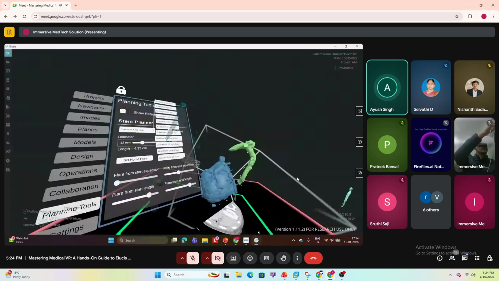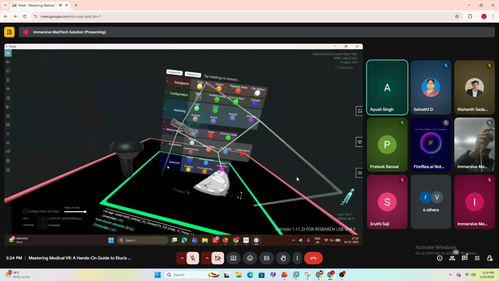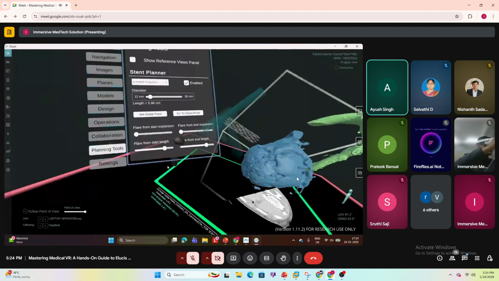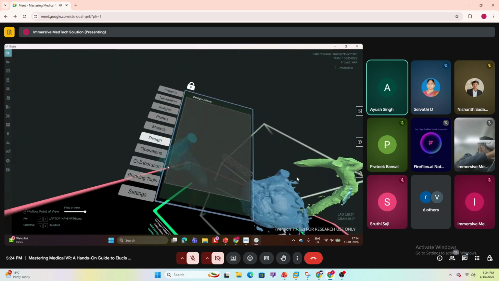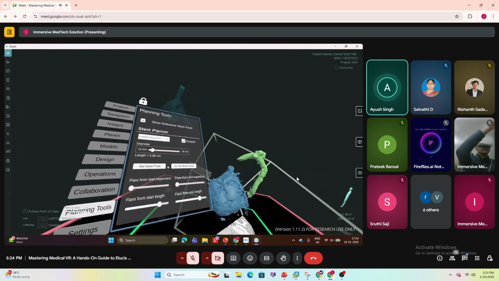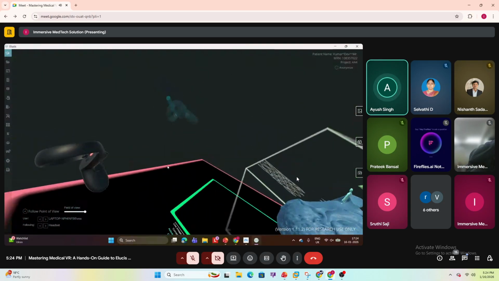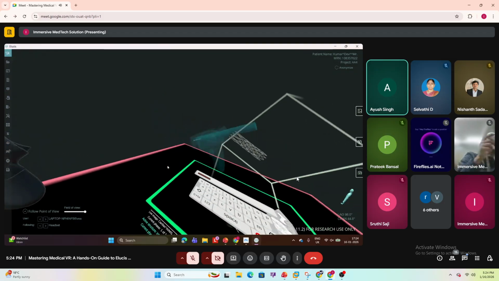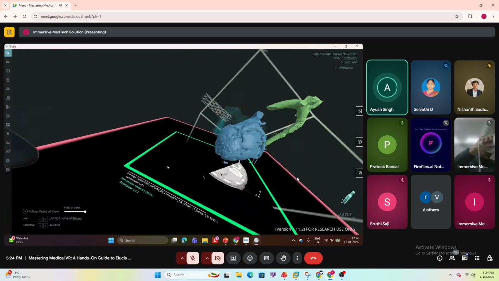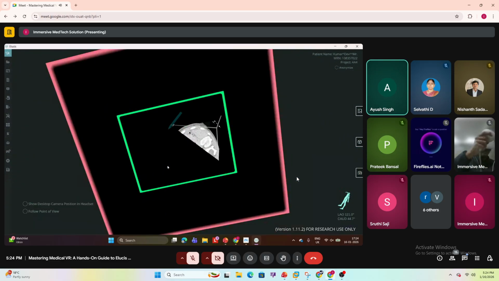We also have the full library. We can select any stent size and mark it up. Once it is done, I'll go into the design tool, edit, models, planning tools, setting enable, show reference plane, and now we can set the following region. So we'll create a reference view. Now, once a reference view has been selected, we can select it, play it, and set the camera position